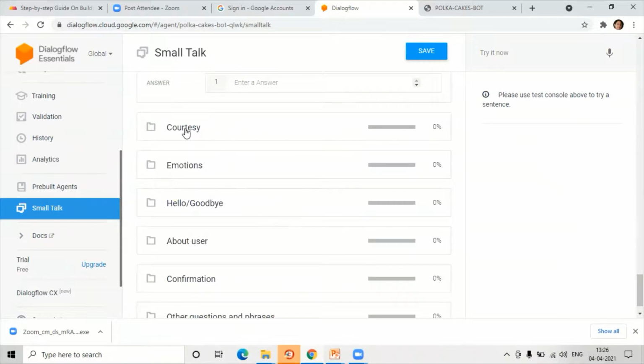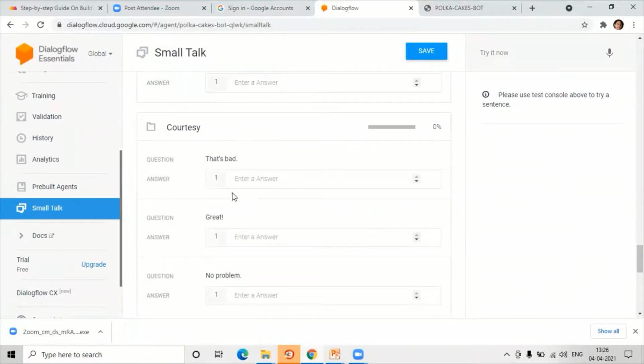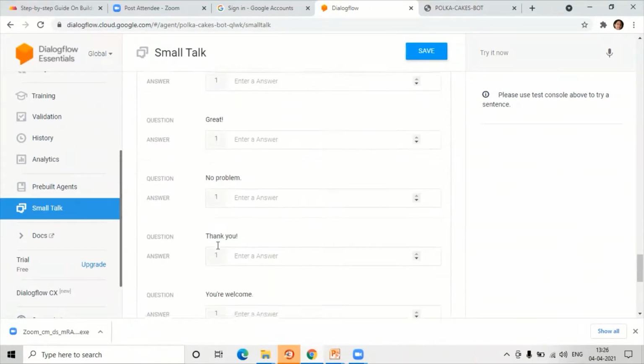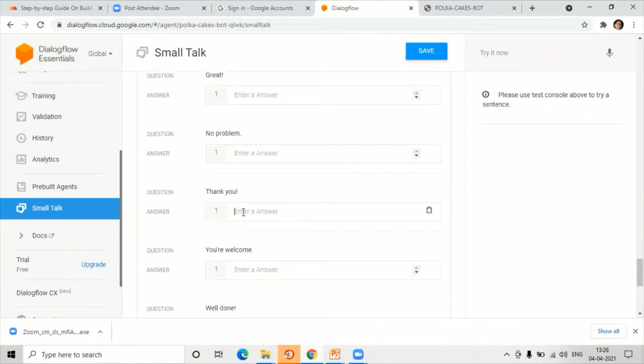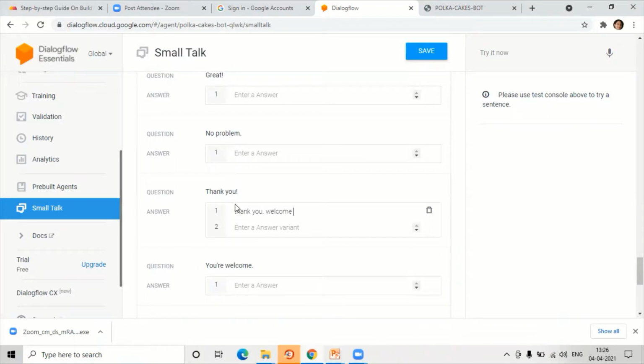There is courtesy, for which, if the user says anything like this, what should be the answer that you want? If he says thank you, you should also say thank you. Always there to help. So then if you click on save, see, it's going to work like this.